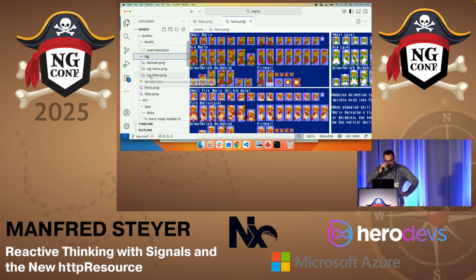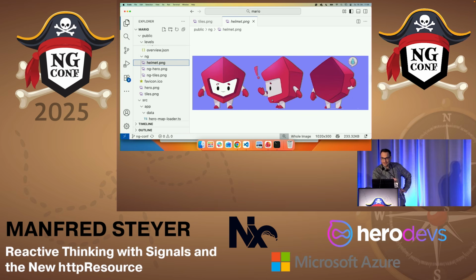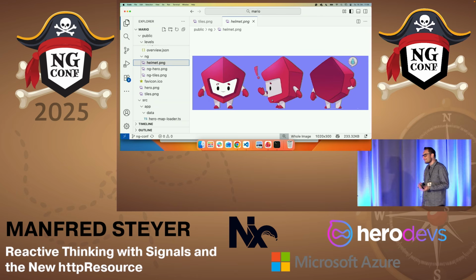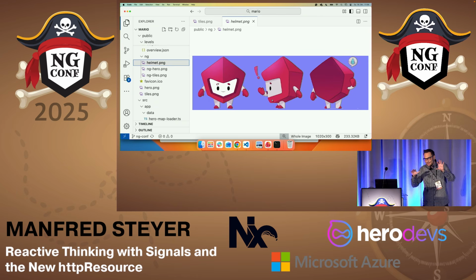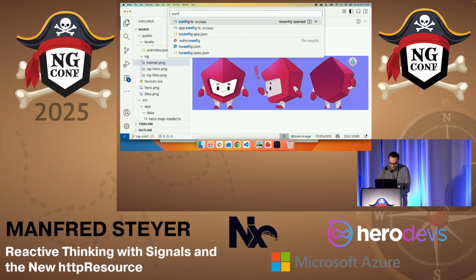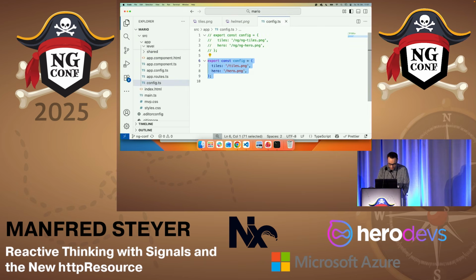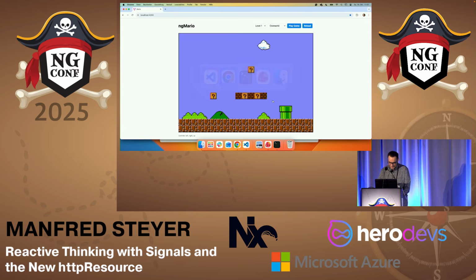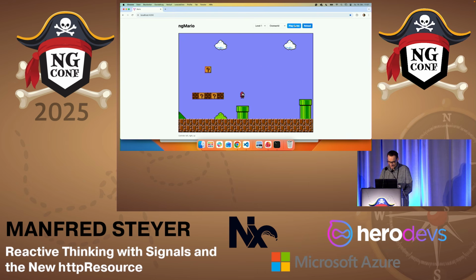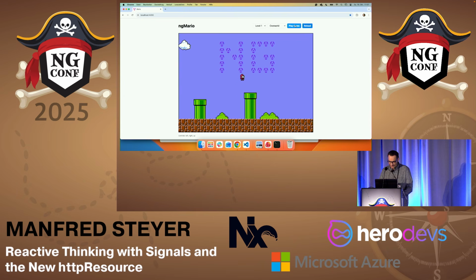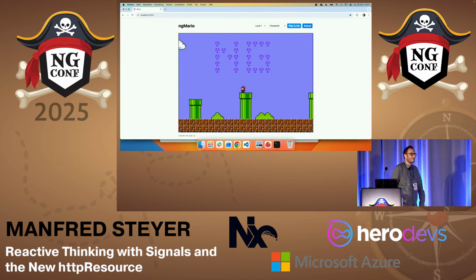So at this point, I found out that the Angular team is looking into finding some mascots. And here we have a candidate for a mascot, the helmet guy. So what I was trying to do was implementing an 8-bit version of this helmet guy. And it's now in there in a different tiles map. So let's try to switch it out. And here we go, 8-bit helmet guy. Yeah, and here we have the Angular sign. So yeah, this was the most fun of doing all of this. Thank you, thank you.